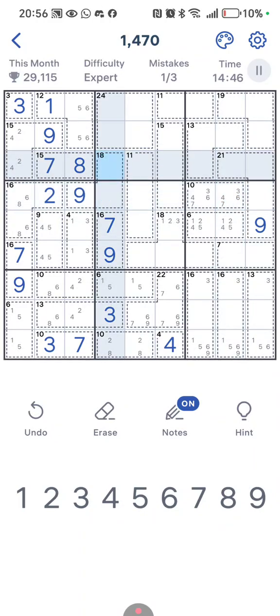So here, 9 is the remainder of this one. 18 minus 9 is 9. So could be 1 and 8. That would be 1 and that would be 8. Can't be 2 and 7. Can't be 3 and 6. That'd be 4 and 5. Okay. So that means